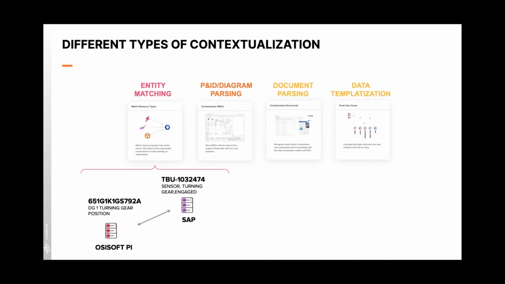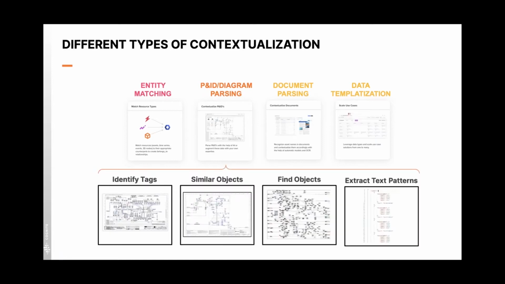And again, there are different types of contextualization. The example referenced earlier, the entity matching pipeline that the previous slide described, is commonly used to connect tags to asset hierarchies, or connect tags to 3D diagrams, or asset hierarchies to 3D, and of course to connect all of these to the PNIDs, the engineering diagrams, as well. Another type would be PNID parsing. These are all very similar, so the anatomy of the contextualization engine pipelines is exactly the same. They use different computer vision models, different algorithms and different ML models, and these are pre-trained by us.